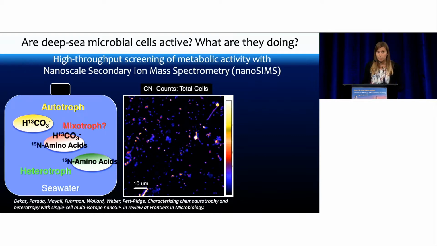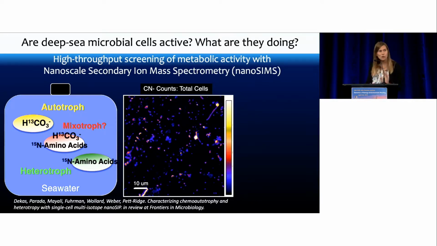We analyze this in the NanoSIMS at the single cell level. We've already heard a little bit about NanoSIMS this morning, so I'm not going to do a full introduction to it, but basically we get isotopic composition at a 50 nanometer spatial scale. So here you're looking at a